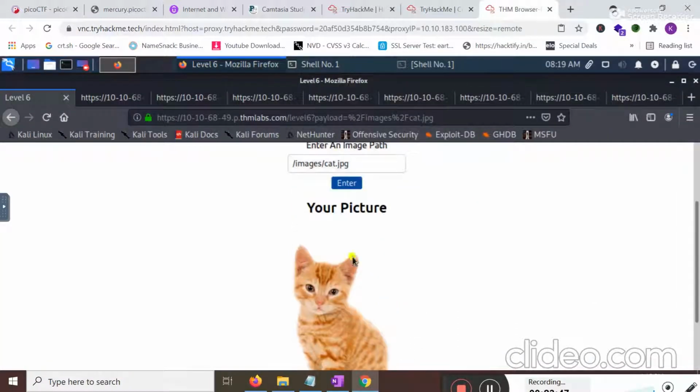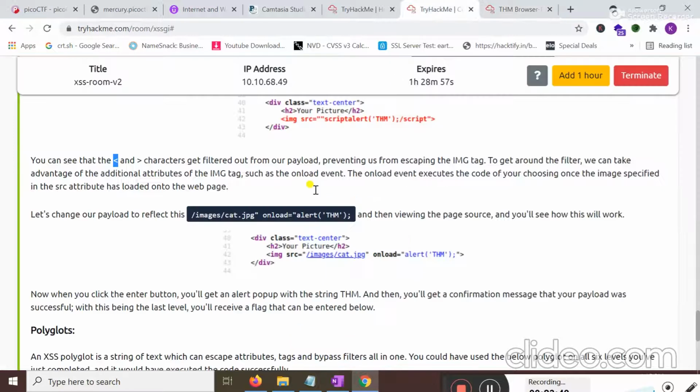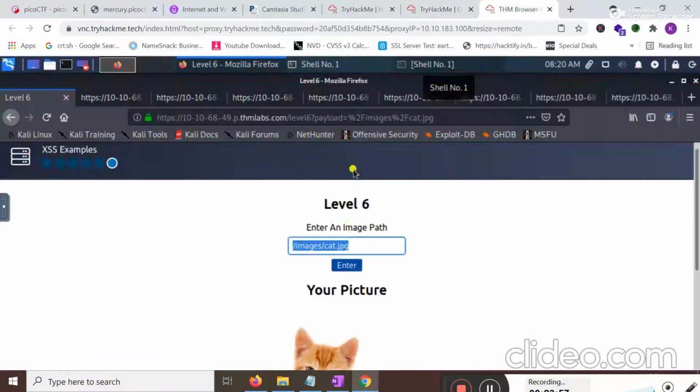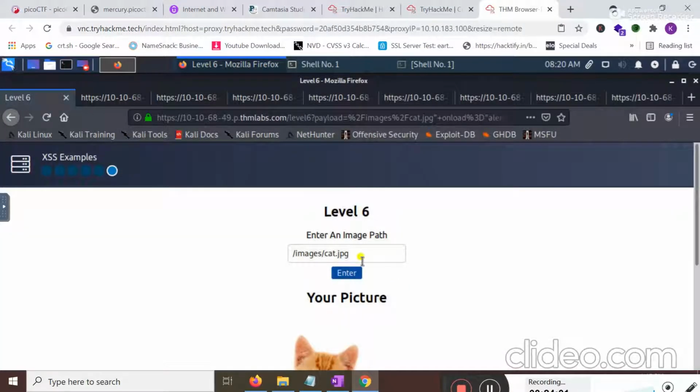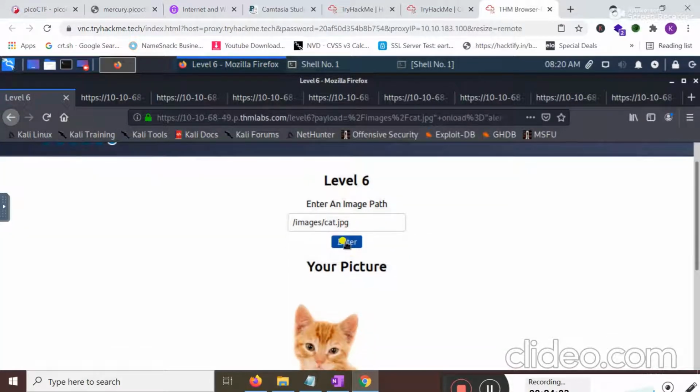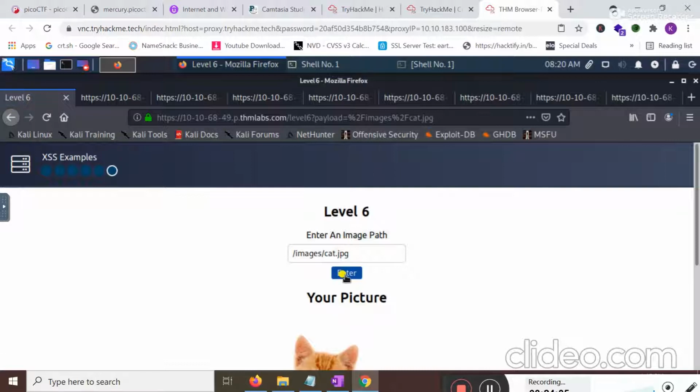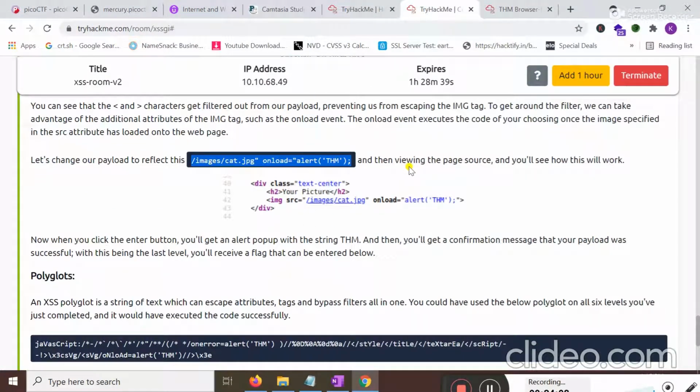Here you can see, when I try to execute this payload, then these characters are filtered out from my payload. Let's change our payload and use this one. If I try this payload and hit enter, obviously it pops up, and view the page source, you will see how this works finally.